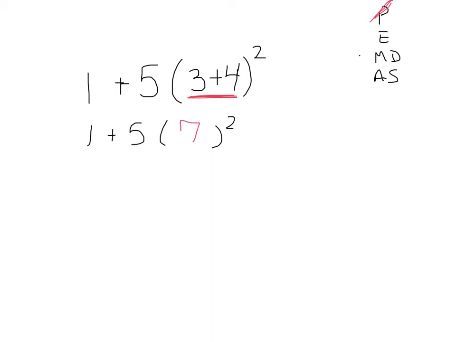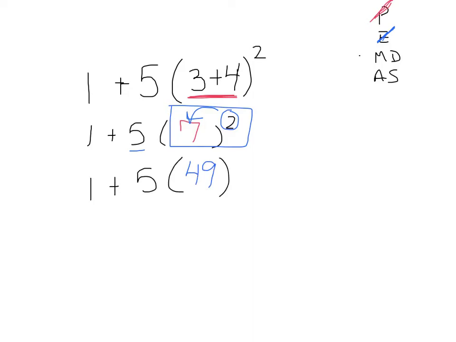My next step will be the exponent. Well, in this case, this exponent only applies to the 7. It does not apply to the 5. So I'm going to just concentrate on the 7 squared, which gives me 49. I have the 1 plus the 5, parentheses, 49. What this parentheses basically is another way of saying is multiplication. So in my next step, when I look at multiplication, division, I'm going to do the 5 times 49,